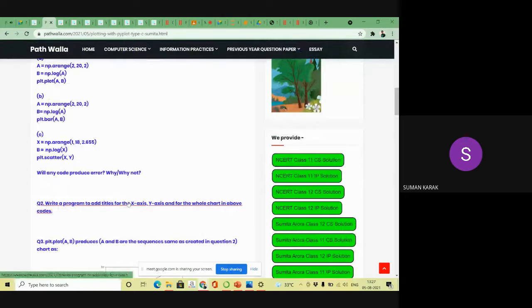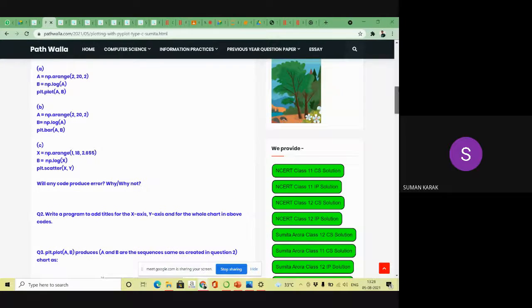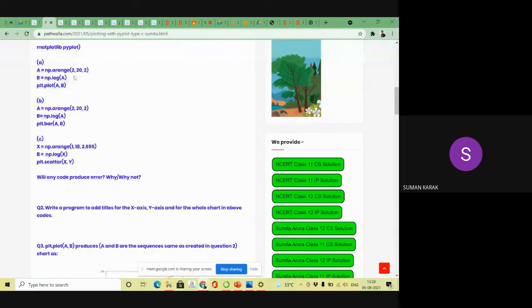Now here you can see the same code, right? Write a program to add the title for the x-axis and y-axis. So which code am I writing here? Please tell me. Observe only number A. X title and Y title.